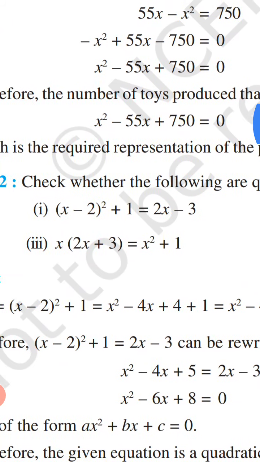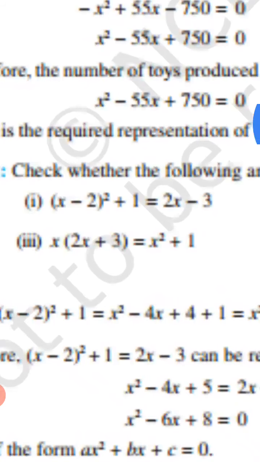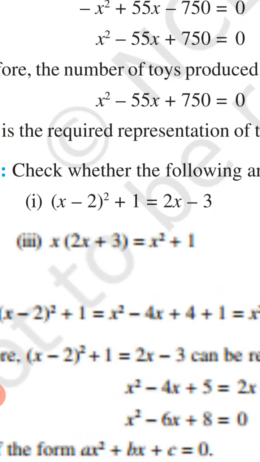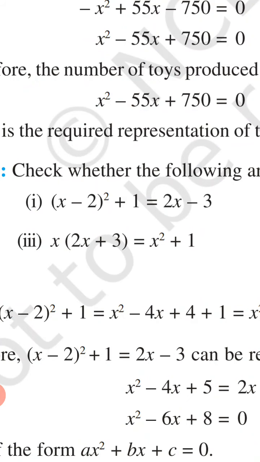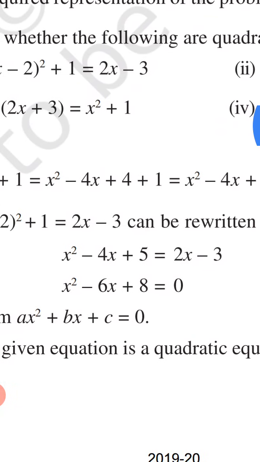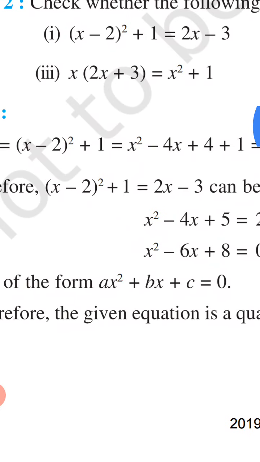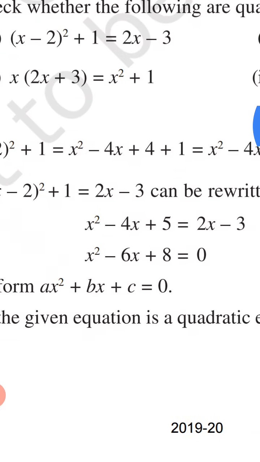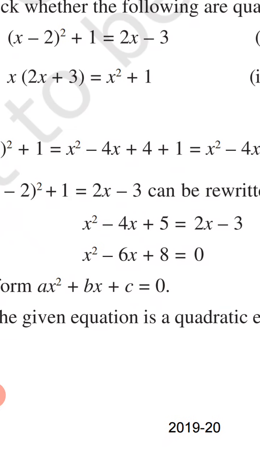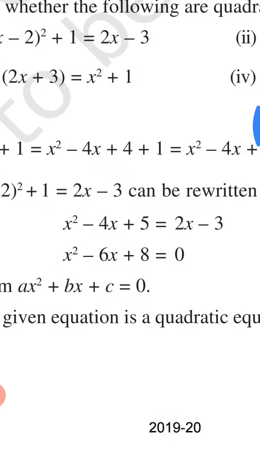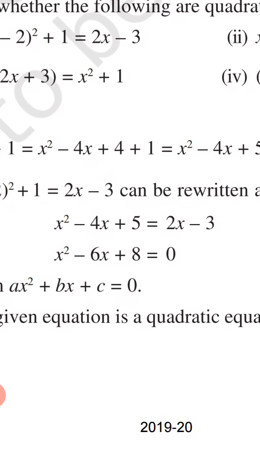Now we have to see whether this equation, x minus 2 whole square plus 1 is equal to 2x minus 3, is a quadratic equation or not. We have to expand it. Now x minus 2 whole square is equal to x square minus 4x plus 4, so x square minus 4x plus 5 is equal to 2x minus 3. When you expand it, you get x square minus 6x plus 8 is equal to 0,